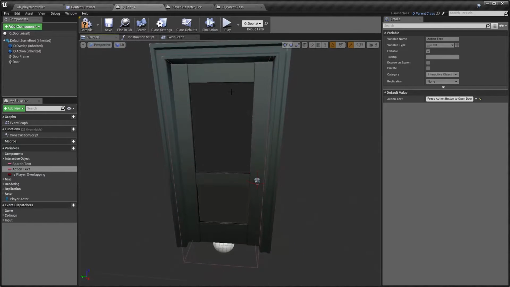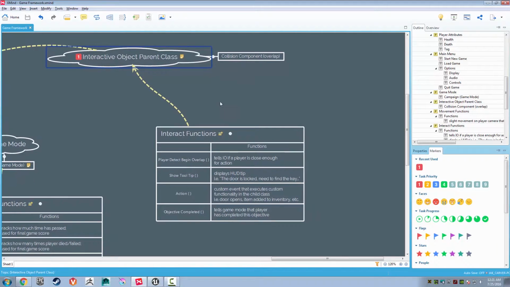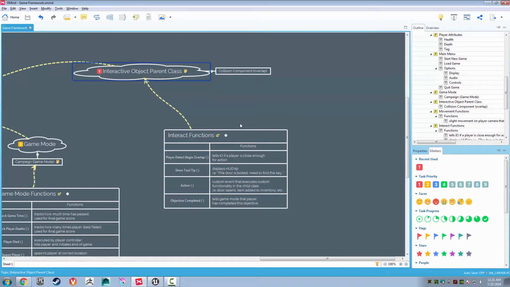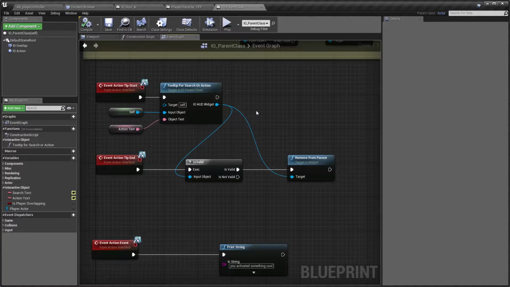That's why parent classes are so important. I have a parent class that has basic functionality. If I look at Xmind, it's a lot of this functionality here. It's got some other stuff too that I didn't put in Xmind. I probably should do that, just to keep things coherent. But if I go back to Unreal,